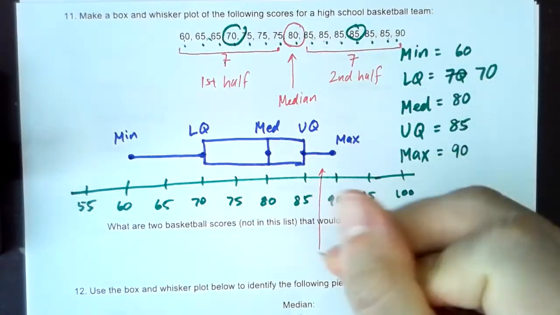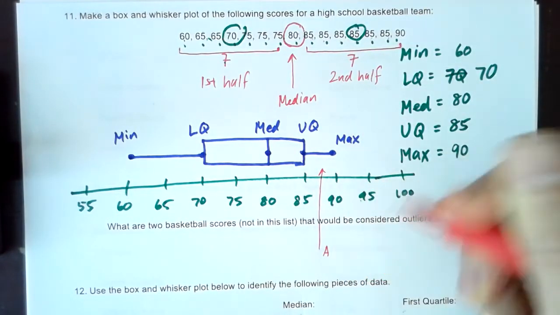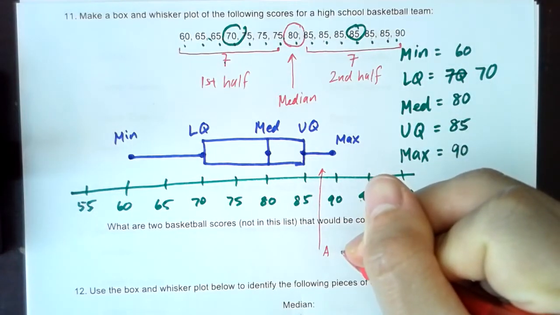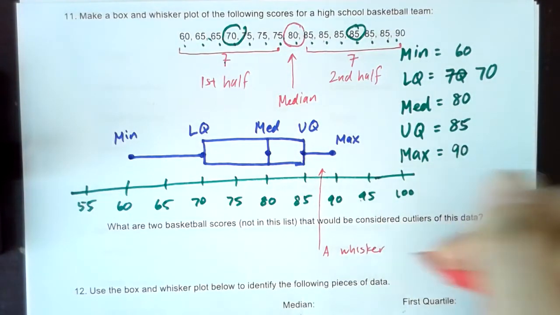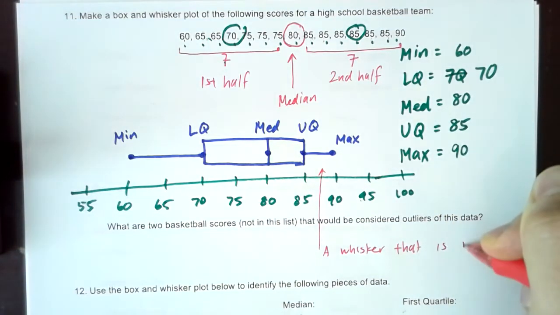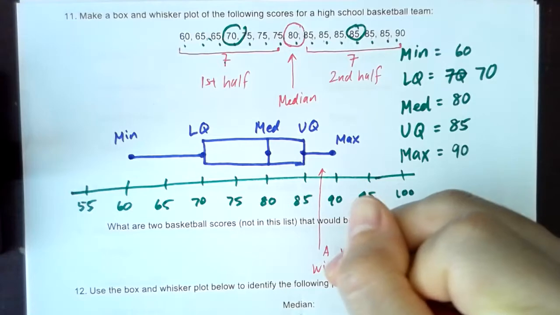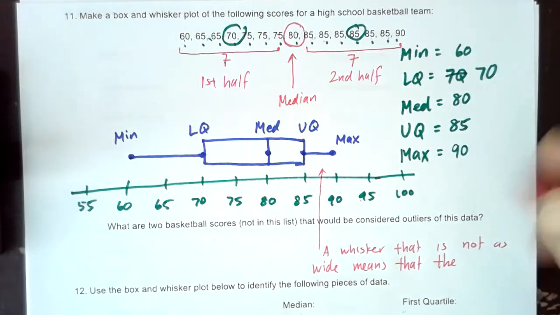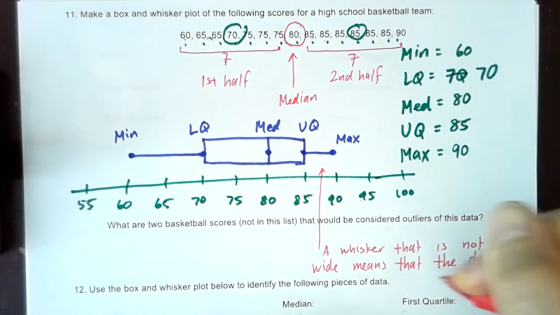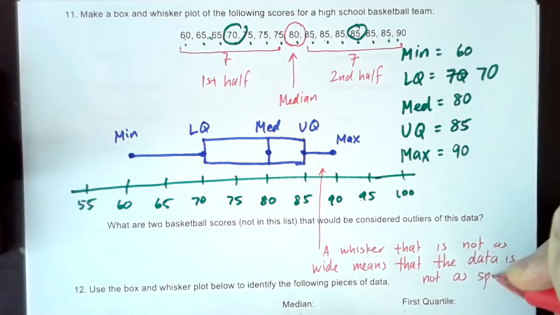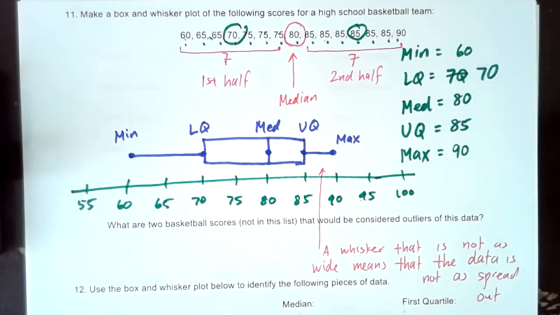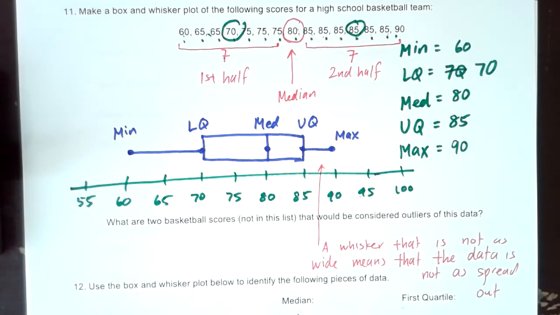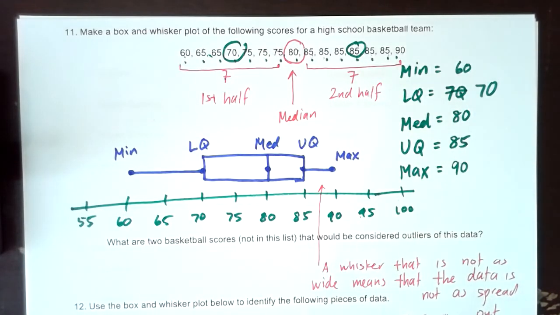So you would say a whisker that is not as wide means that the data is not as spread out. Right? And that could be a good thing and that could be a bad thing. We don't necessarily want data to be spread out. Okay? Take a look at this and always pause whenever you need. Let me know when you have